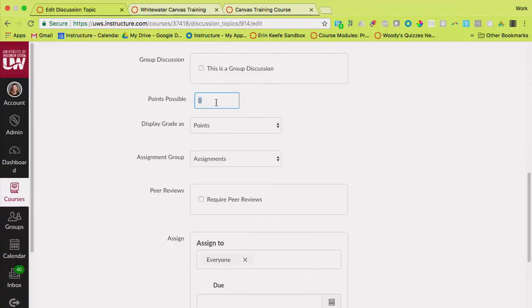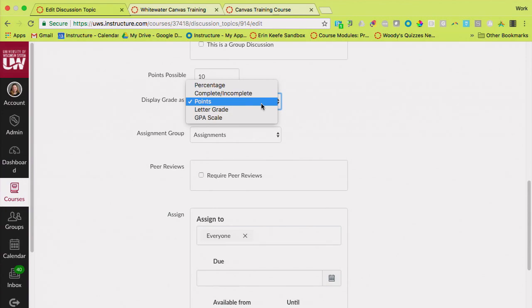Points possible. The group yesterday, I think someone could have just hugged me when I told them this. So I hope that your same reaction happens. What we're doing here when we set the point value is building our gradebook from here. You will never have to add columns in your Canvas gradebook. As we are creating these graded assignments, it's making those columns in your gradebook for you. So when it's asking you how many points are possible, and you give it that number, it's talking to your Canvas gradebook and making that column. So I'm going to say for this, it's 10 points.